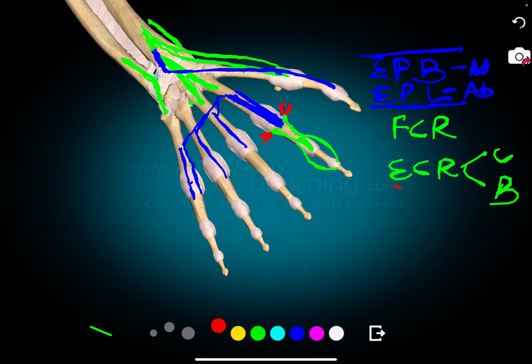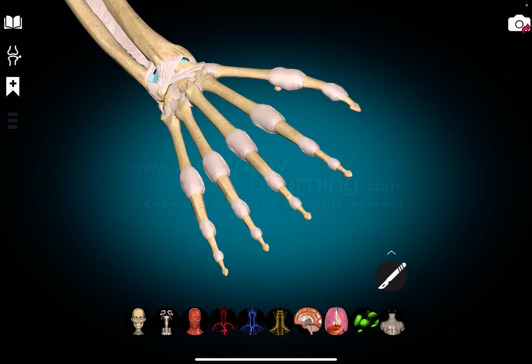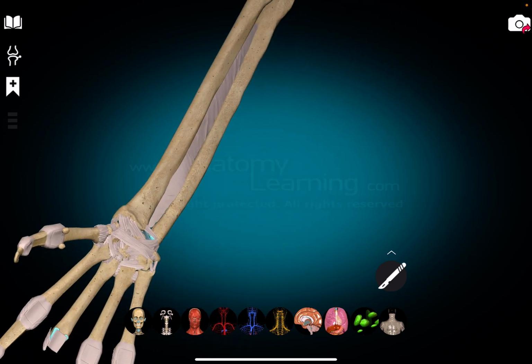The interossei would produce abduction and adduction, and lumbricals would produce the intrinsic plus position, the opposite of which is claw hand. So this finishes the muscles around the hand. Now, thus, we have covered all the muscles that would